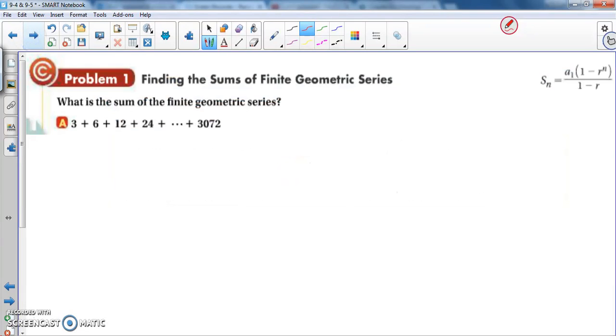What is the sum of the finite geometric series? Plug it into the formula. r is 2. The sum